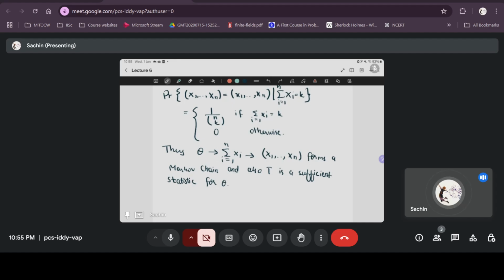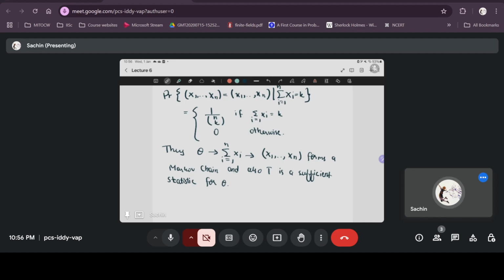So what happens then is, if you do an experiment with 100 coin tosses, then you will have to store a sequence of 100 zeros and ones, for which you will need one bit for each coin toss. So you'll need 100 bits. But if you store only the sufficient statistic, which is the sum of the 100 bits, then that sum can take a value between 0 and 100, which you can store using only 7 bits,